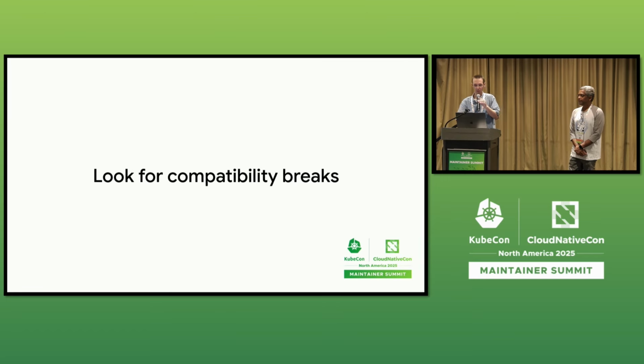Another thing we look for is compatibility breaks. So anything that's in your dependency that gets passed through to your users, so API surface, metrics, endpoints, types, function signatures, sometimes behaviors, anything that gets passed through to your users, look for breaks in compatibility. So that kind of means reading the release notes. If you're jumping 6 major versions of a thing, you probably need to go read the release notes from that thing to see if they announced breaking changes and think about whether that's going to get passed on to your users.